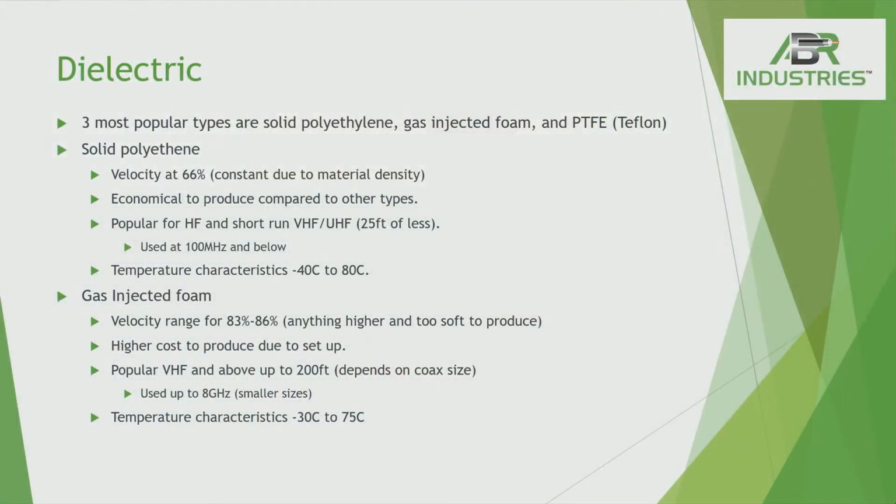Dielectric. This is another one. There are 3 different types, and I'll give you some examples. Solid polyethylene used to be used in the 9913, which was built years ago. It's obviously an older cable, but where there were issues that it was running into is, with